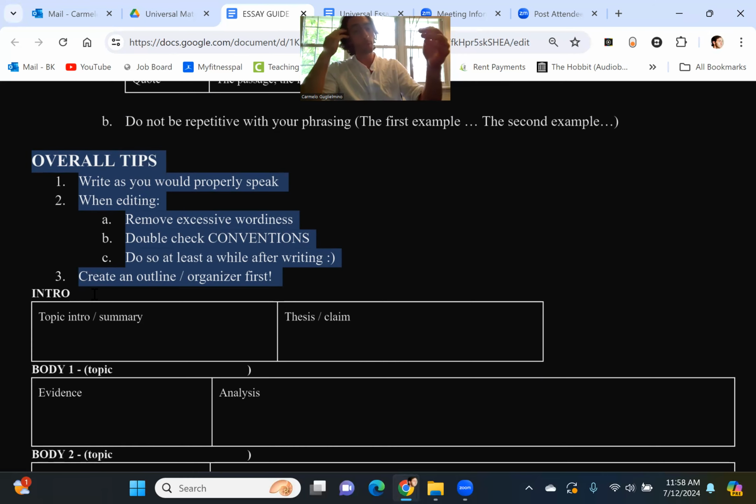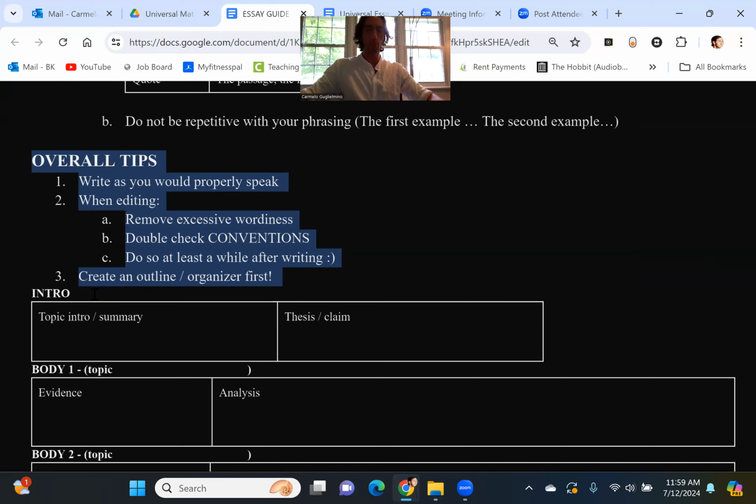Then what you would do is go back and edit it and try to make it more formal as you're moving along. And then, the more you write, the more you're going to realize, oh, I can just do that filtering and that editing process in my head, and I can just write as I would speak informally in my head, but as I'm writing it, I can easily just sort of write it formally.